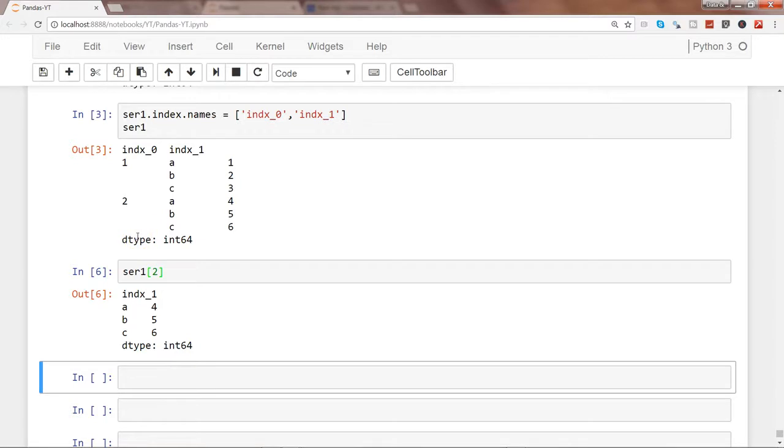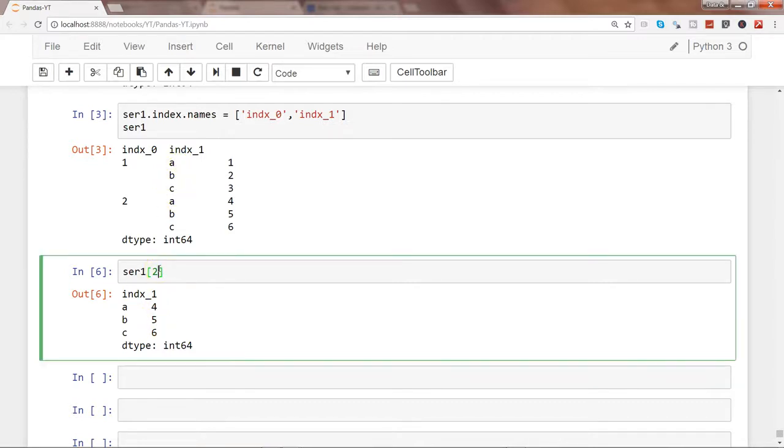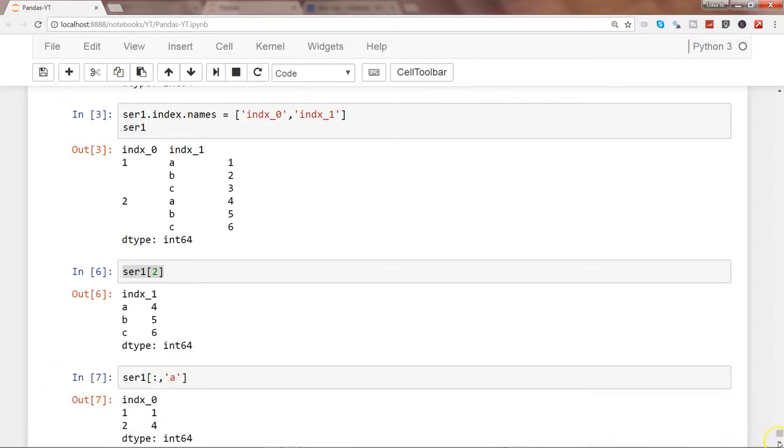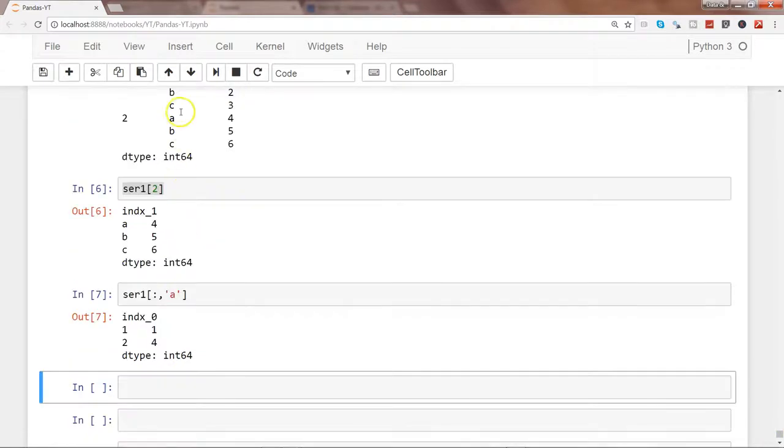But there may be situations where you need to access the index which is at level 2. So what you can do is simply, maybe I'll just copy this and paste it down there. We need to first of all use colon, and then comma, and then the value a, and let's access this. With this way you can access a value.